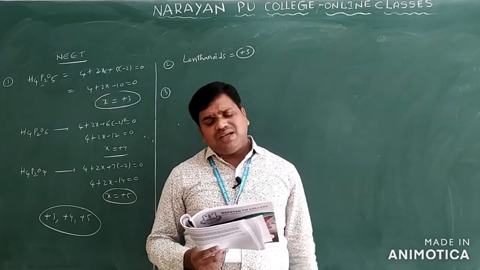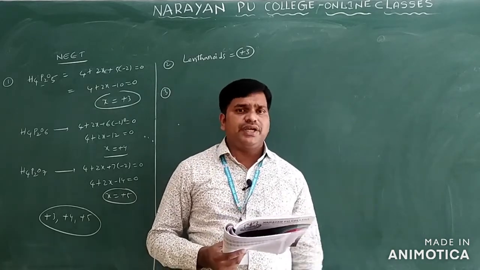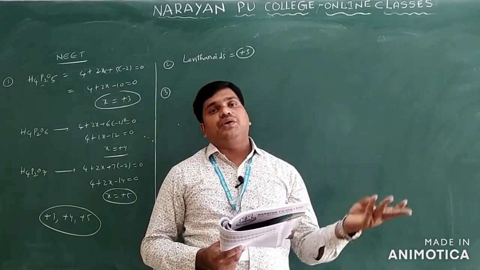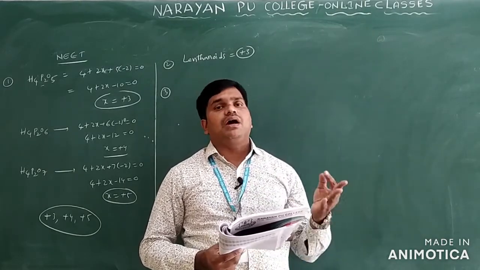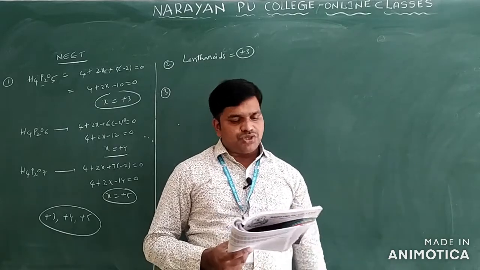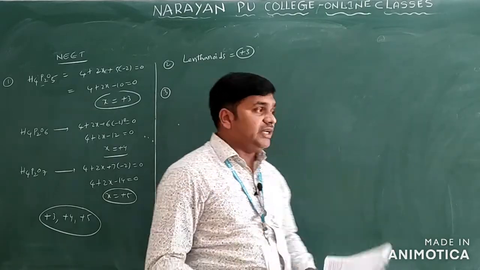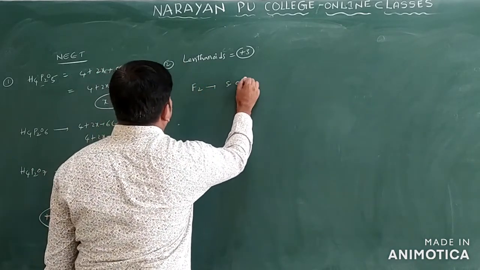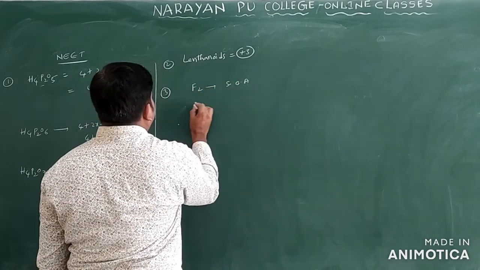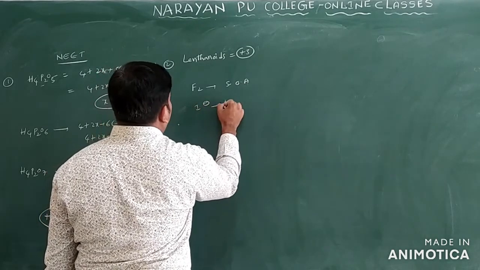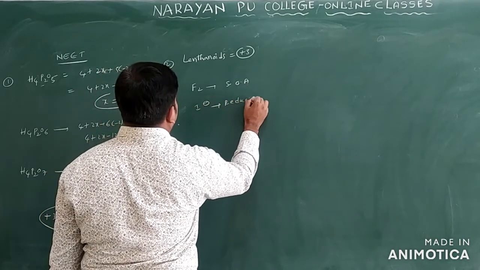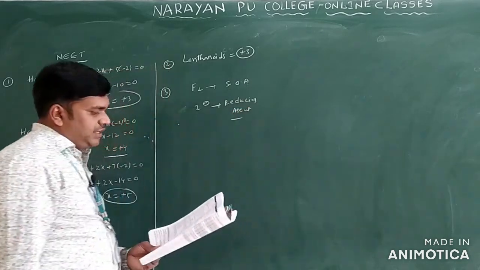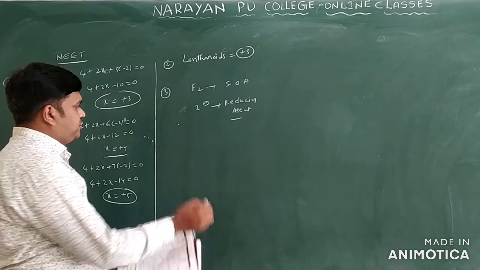Okay. Now what is the reducing agent? Fluorine is strongest among halogens. Come to the last halogen: fluorine, chlorine, bromine and iodine. So iodine is the reducing agent, that you can say in the form of I minus only. So we will write here fluorine F2 is the strongest oxidizing agent, and here you can write I minus is the reducing agent. So what is the answer we will take here? You can take option 1 for this question only.